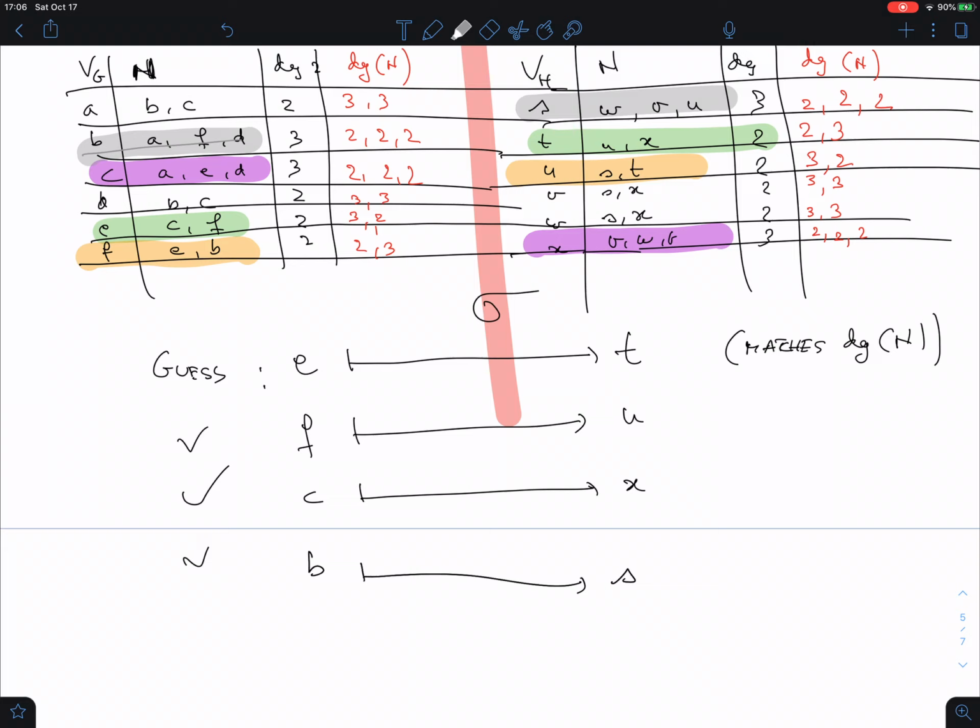Remember, this is actually what I was doing before. I was matching A with V, right? And then once I do that, I have no choice anymore. But let's think about A now. The neighbors of A, I know already, are B and C, and I know already what B and C become, as an X. So whatever I send A to,